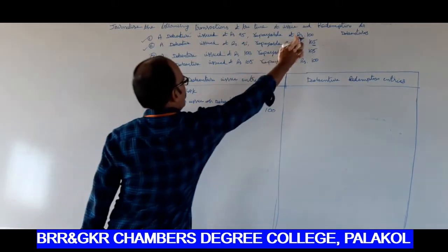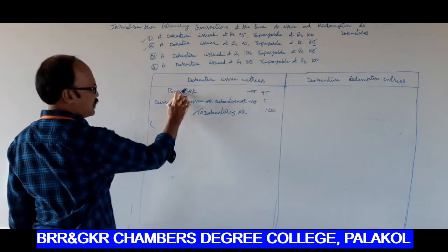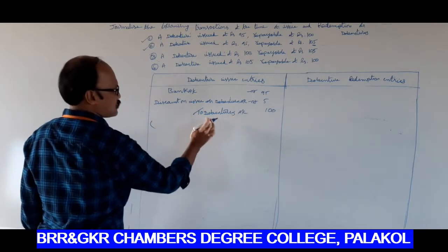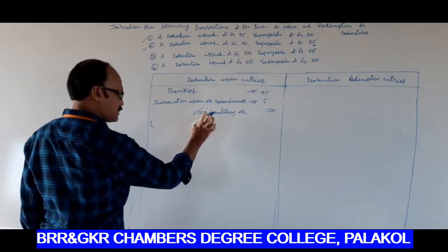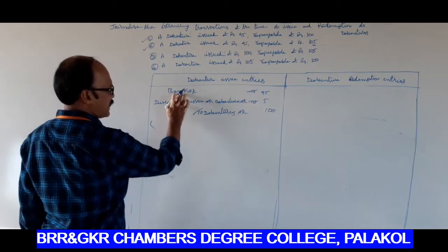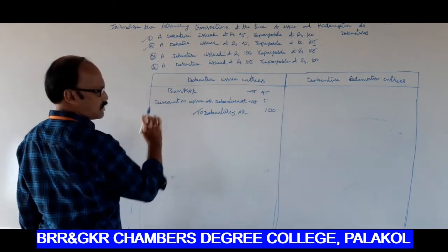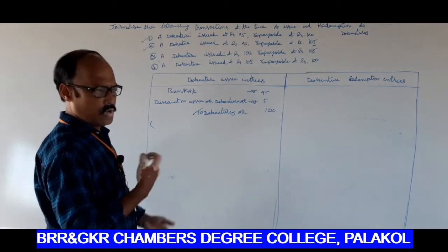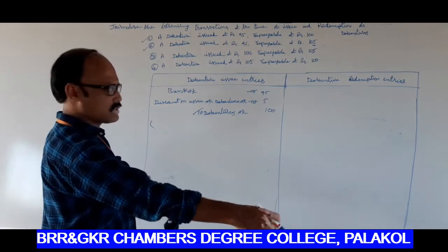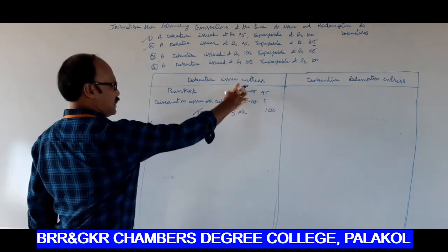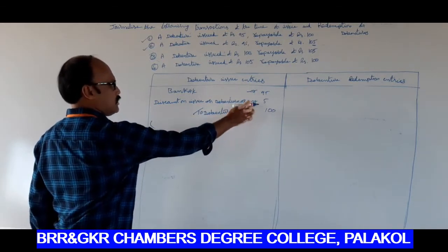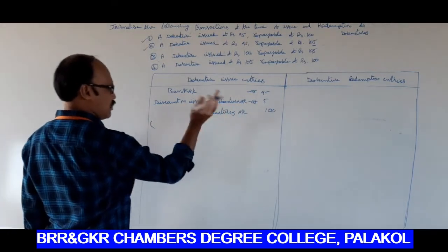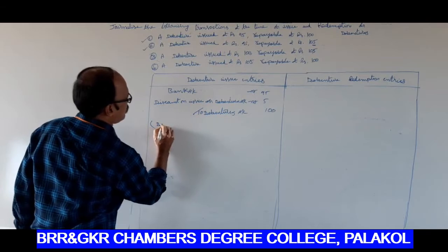How much amount paid? 100. How much amount received? 95. How much amount paid to the debentures? 100. So, the actual value of debenture is 100. Bank account debit to debentures account. We are receiving the amount from the debenture holder, 95. We issued the debentures to the debenture holder, 100. So, 95 issued, debenture 100. So, the remaining amount of 5 rupees is to be treated as discount on issue of debentures account, being